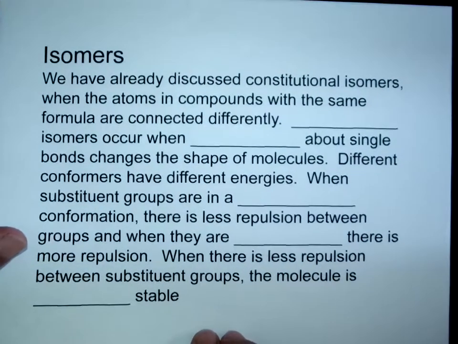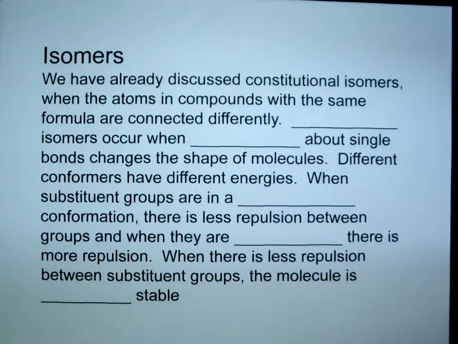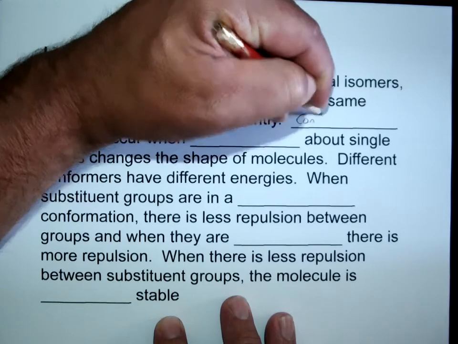Okay, so isomers. The thing isomers have in common is that they have the same formula. We discussed constitutional isomers, where the atoms in the compounds with the same formula are connected differently. We generally drew out skeletal structures and showed names for different compounds with the same formula, where the connection of the atoms was different. Conformational isomers